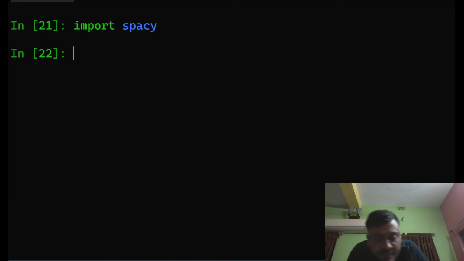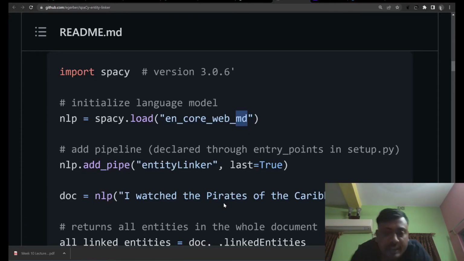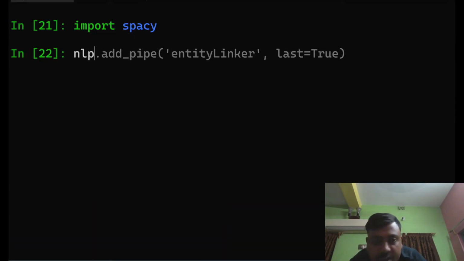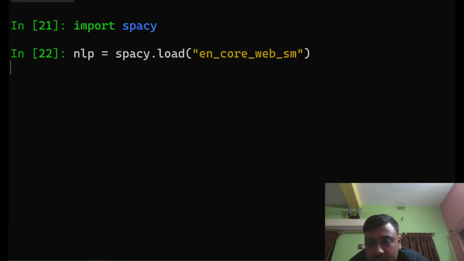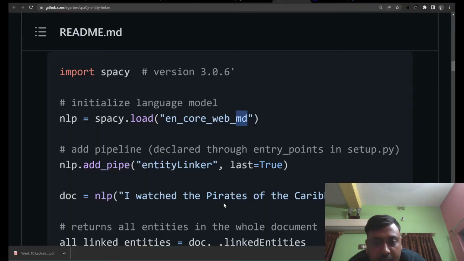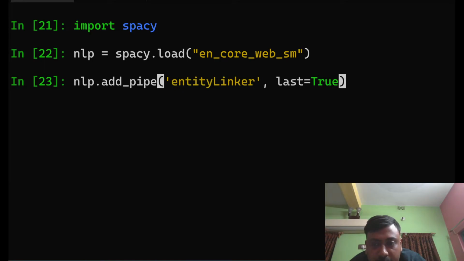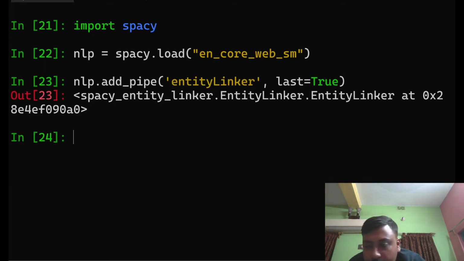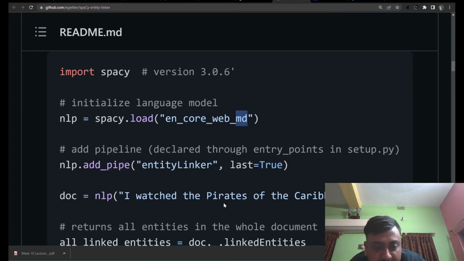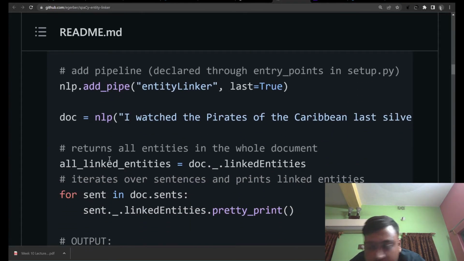So let's see. We did import spaCy. Then we do nlp equal to en_core_web_sm. I'm doing it with the small one, and then we do nlp.add_pipe, and it will show that a spaCy entity linker has been created. Now if you see, they have given an example: I watched the Pirates of the Caribbean